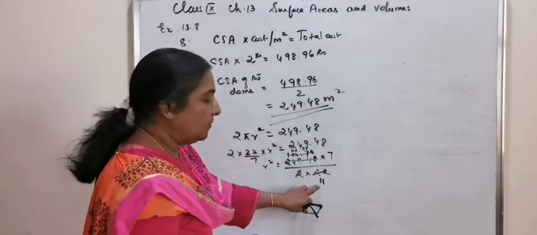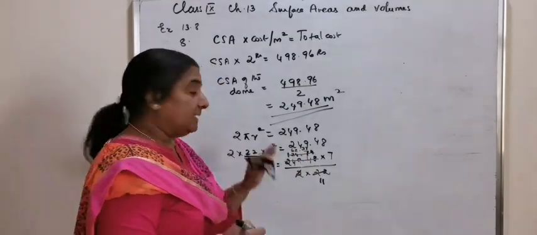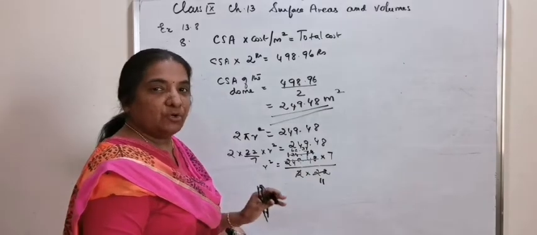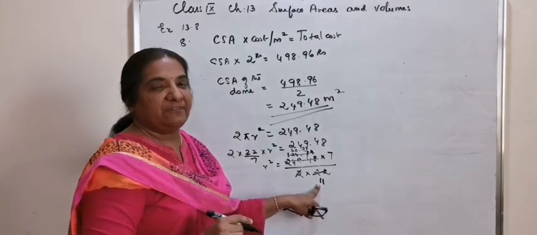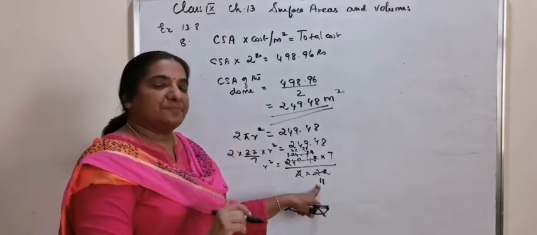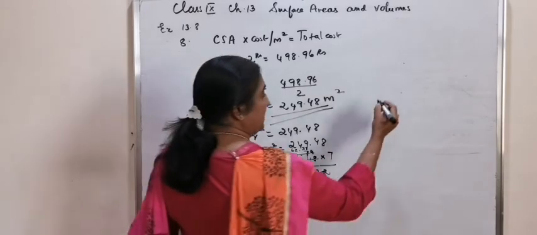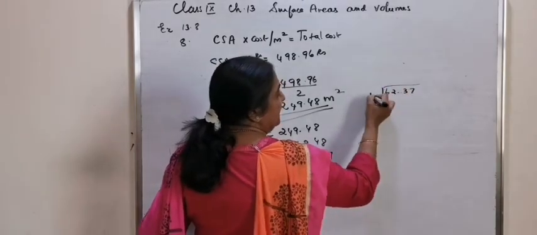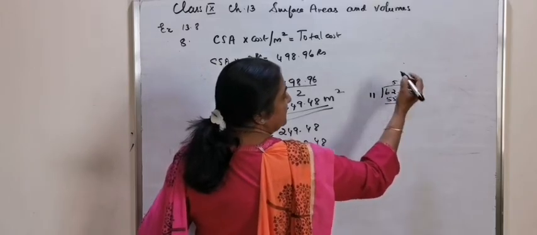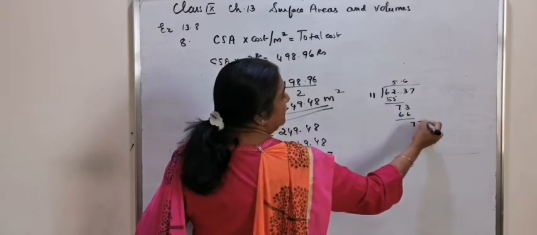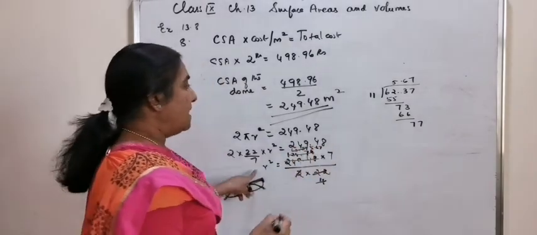Now 6 plus 3 is 9, 7 plus 2 is 9, and 9 minus 9 is equal to 0, which shows that the number 62.37 is divisible by 11. That is the divisibility test of 11. Add the alternate digits. If the subtraction answer is 0 or a multiple of 11, it is divisible by 11. 11 5s are 55, then 73, 11 6s are 66, again 77, 5.67. R square is equal to 5.67